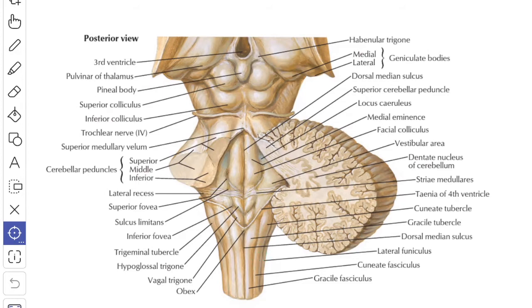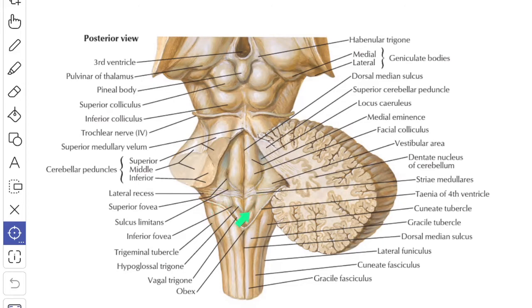The upper ends of the fasciculus gracilis and cuneatus expand to form the gracile tubercle and cuneate tubercle, which are produced by the underlying nucleus gracilis and nucleus cuneatus. Another elevation lateral to the cuneate tubercle is the tuber cinereum. It is produced by the spinal nucleus of the trigeminal nerve.